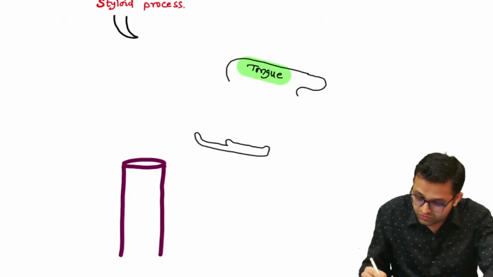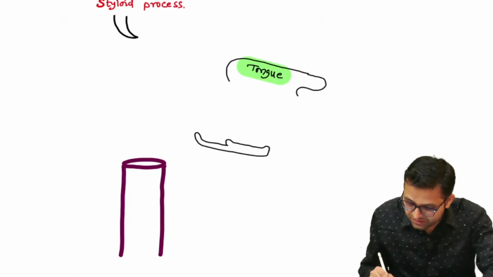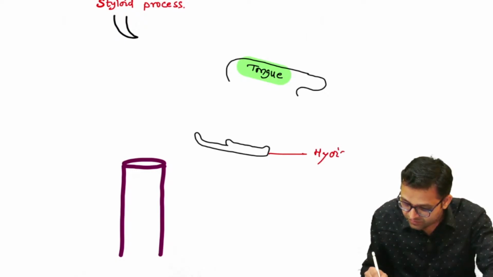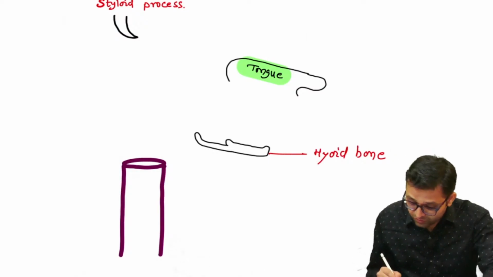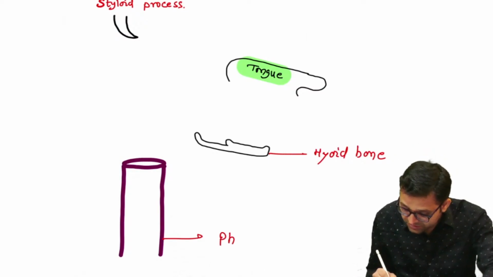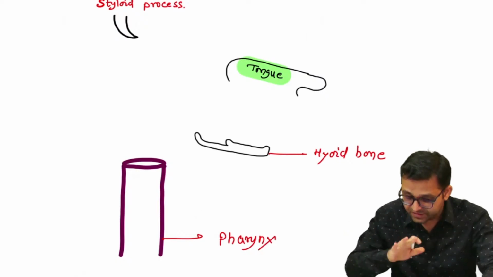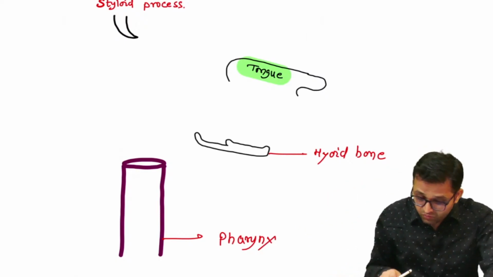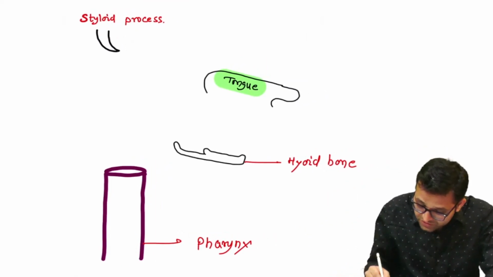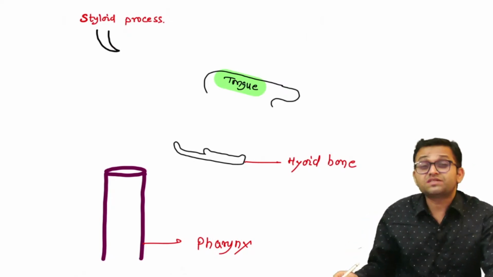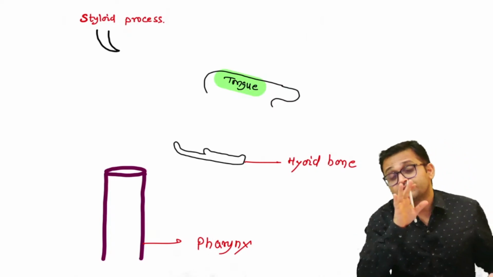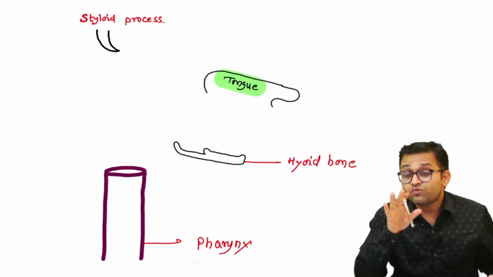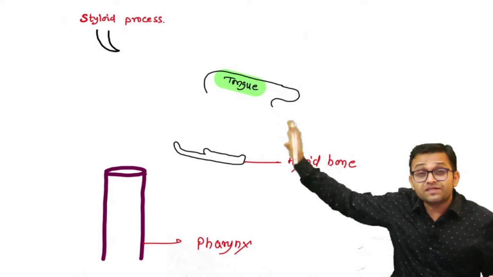What I want to tell you, here is our hyoid bone. And suppose this is our pharynx. Agree? Fine. Now, the first muscle we are going to talk about is the styloglossus muscle. Now catch this one, the styloglossus muscle. As the name suggests, this will take origin from the styloid process and it will take insertion into the